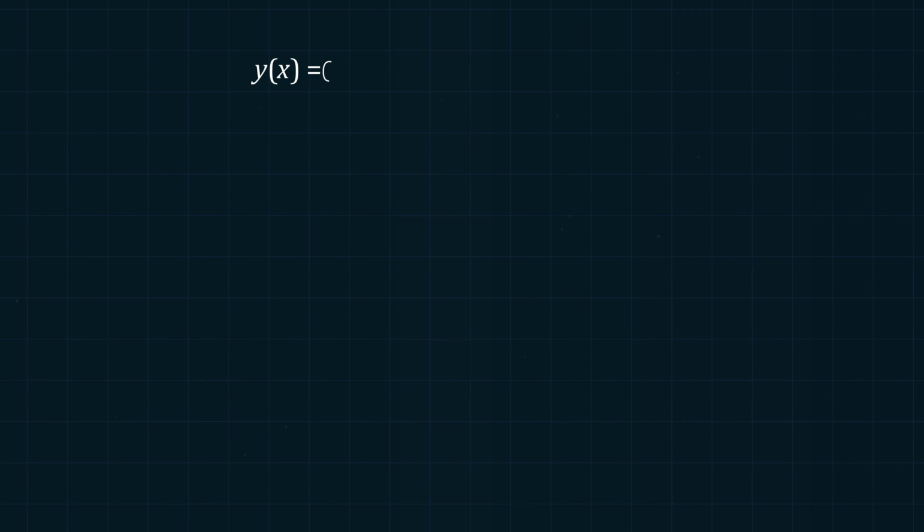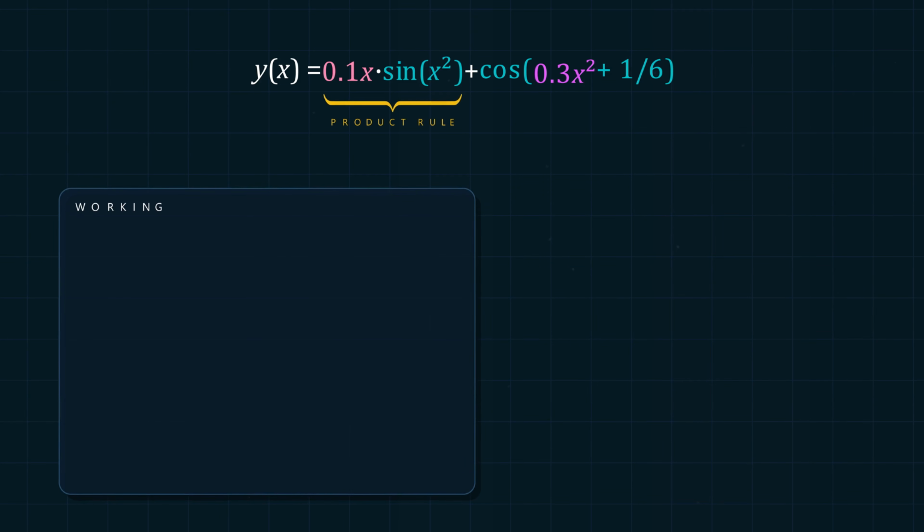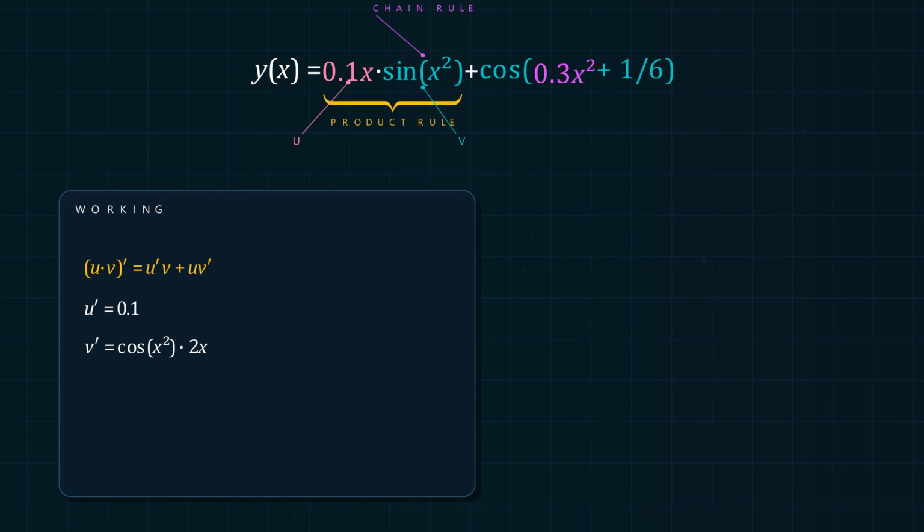Here's a complete example combining all 3 rules. For y equals 0.1x times sine of x squared plus cosine of 0.3x squared plus 1/6. The first term needs the product rule. u is 0.1x, v is sine of x squared. By the product rule, u prime times v plus u times v prime. u prime is 0.1. v prime requires the chain rule on sine of x squared, cosine of x squared times